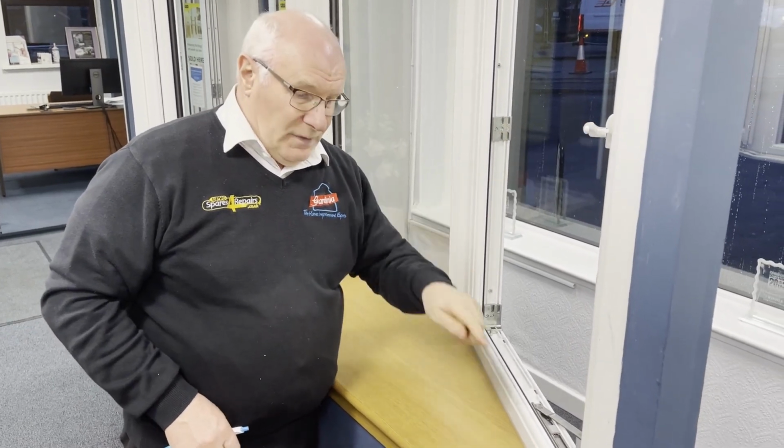in any way, and also on this side of the window, when you close the window, the hinge in the corner has got a pointed locator that pulls the window in tightly against those gaskets. If the little locator in the corner isn't functioning correctly, all that happens is the gap remains open and therefore drafts can come in. Try it around your windows with a small match lit to see if you're getting a